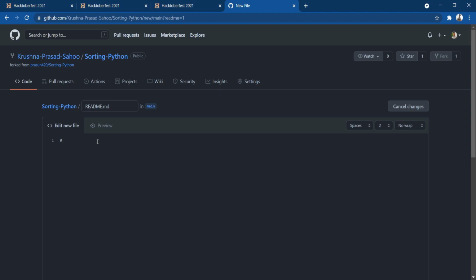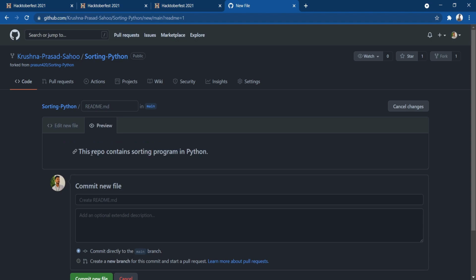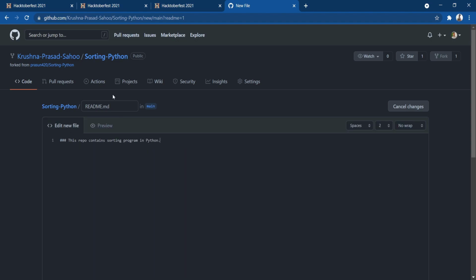So let me add some contents. As you can see, I'm adding: this repo contains sorting programs in Python. You can see in the preview how it looks. So it is something called bold, and what else was there? I think one was insertion sort, one was bubble sort. So I can write